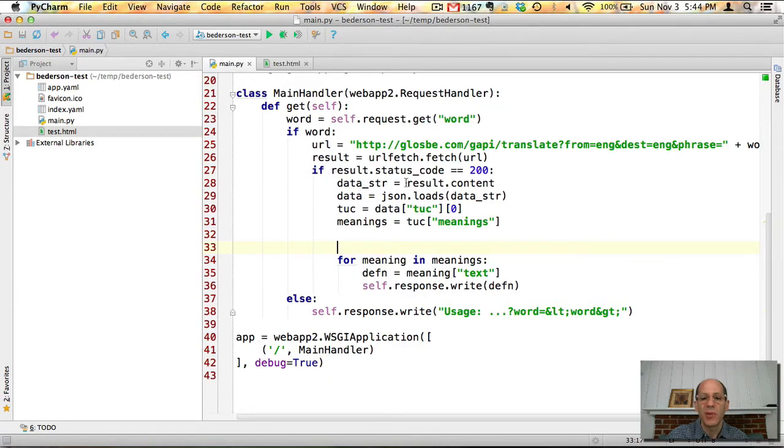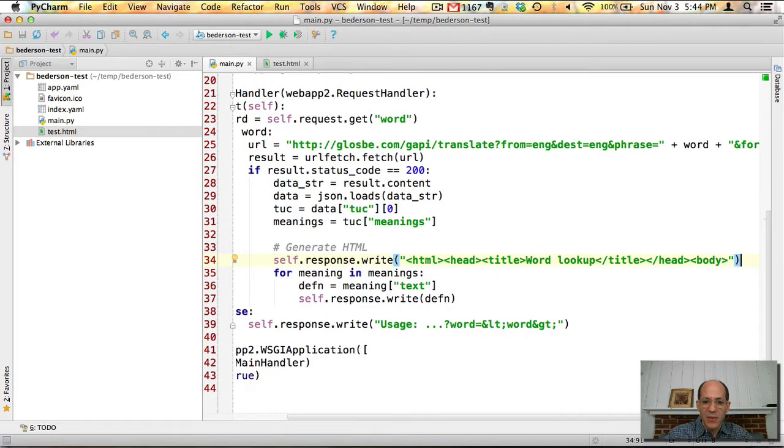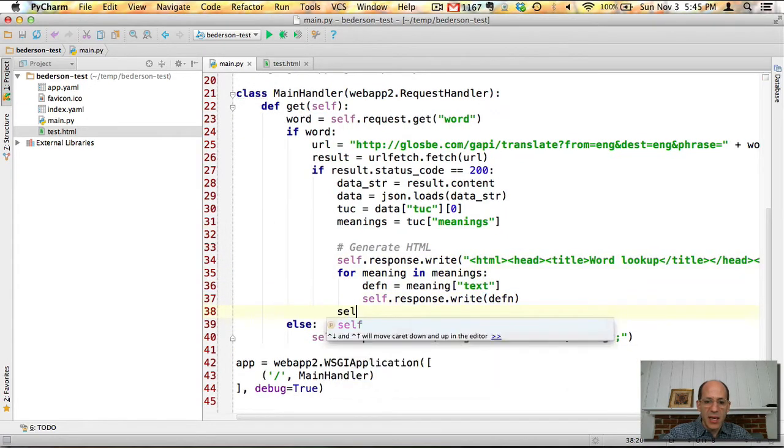Since everything up to here is sort of processing the JSON, we'll leave that, and now it's a little comment here, we'll say generate HTML. So let's go ahead and do that. We're going to have a bunch of these write statements. Let's start by making our HTML and body tags, which are the ones we really need. Okay, actually maybe we'll make a title too. Sorry, a head, title, and we'll say word lookup, end title, and end head, and then our body. Alright, that's good. And then at the very end, when this is all done,